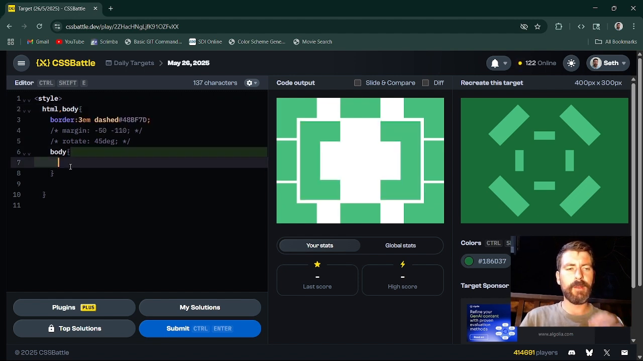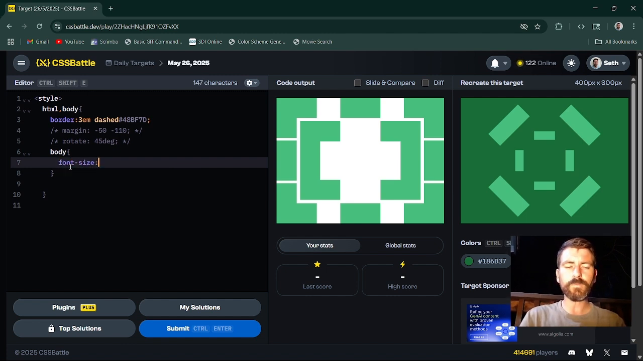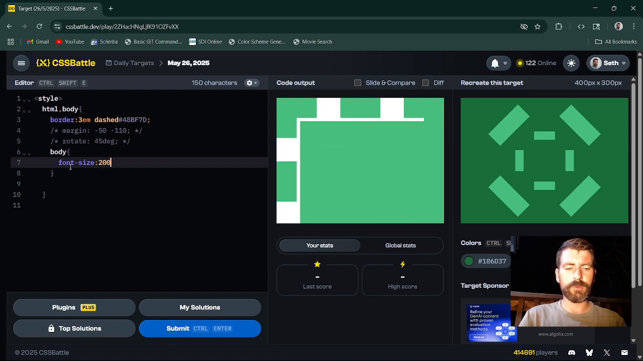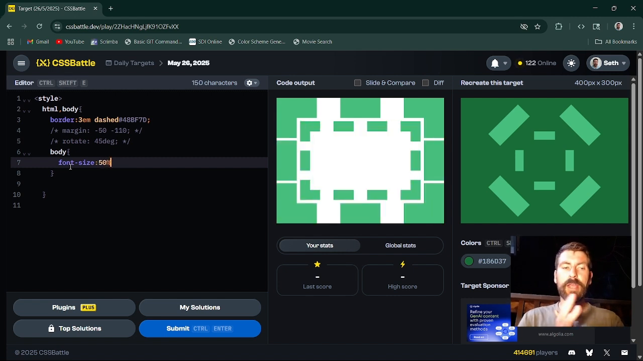Okay, there's the body. Now let's see if we can change the border size by changing font size. 200%. Yeah, okay. 120%. There. So changing the font size changes the border. We can go smaller too, 50%. Okay. So that's a trick that you can do to have kind of like relative units across sizes, changing the